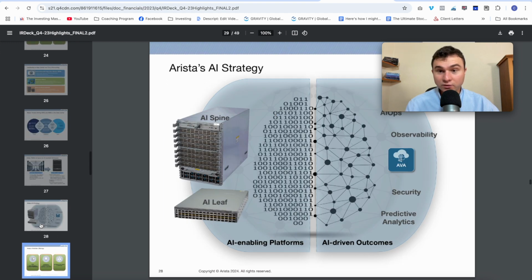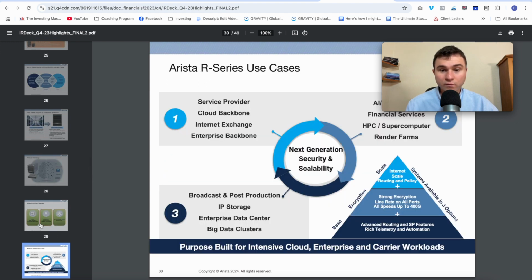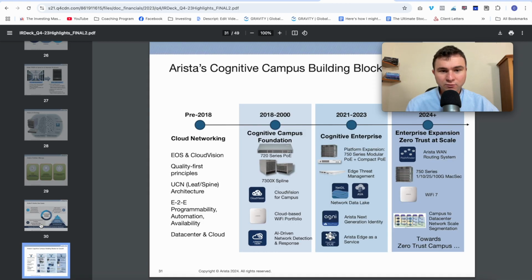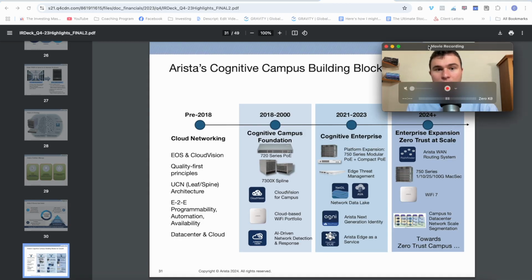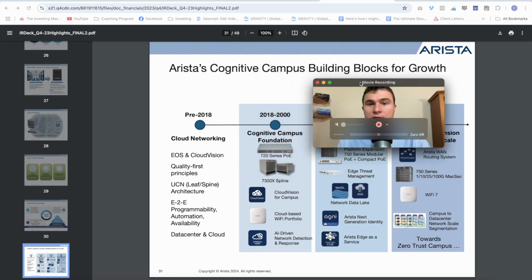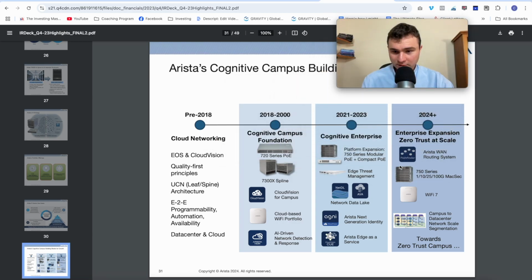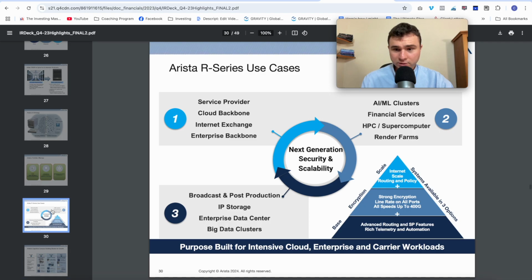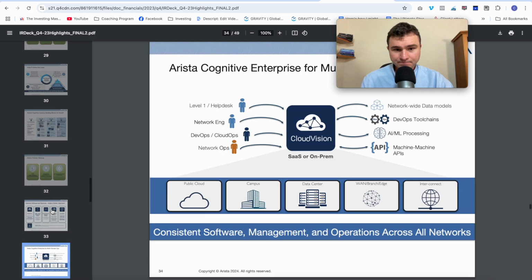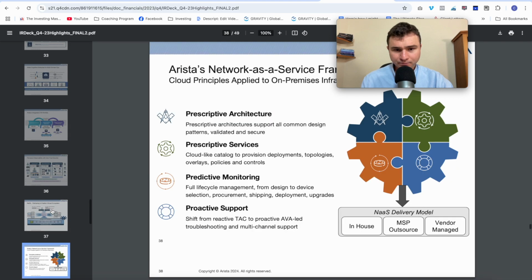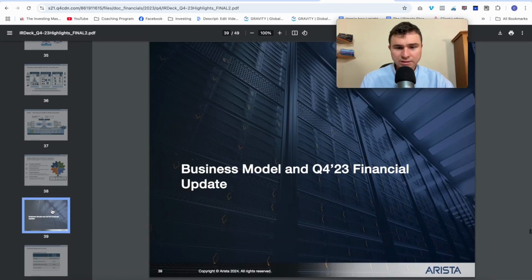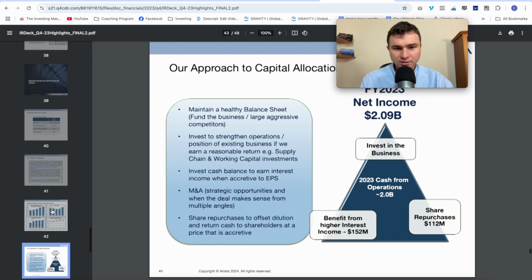This is their future. They talk about their projects, their new offering. For me, it's a tech company. I'm afraid this is a bit too complex for me. And they talk about the new blocks for growth, about the new products they will sell. Okay, let me go down to the end of this investor presentation, but I think we are done.